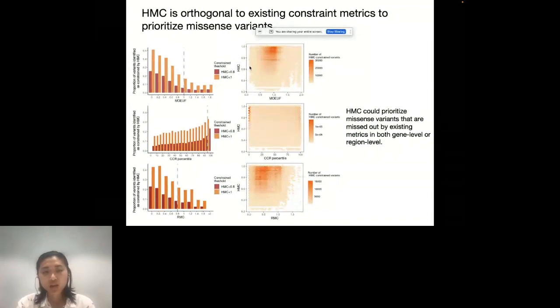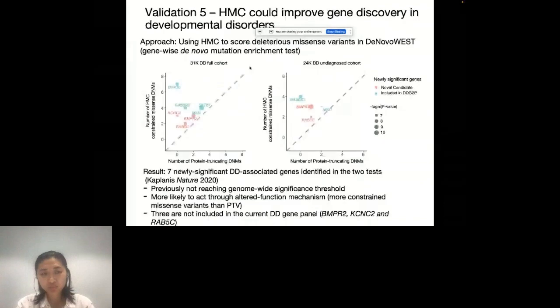So having seen it's highly precise to prioritize de novo mutation, and also it's orthogonal to the existing method, we want to ask whether it can improve the discovery of disease genes. So for that, we have upgraded a recently published method called denovoWEST to test genes associated with developmental disorders. In upgrading, we